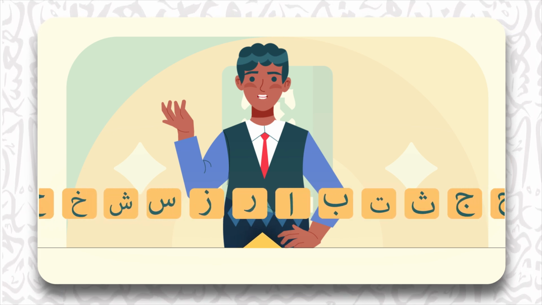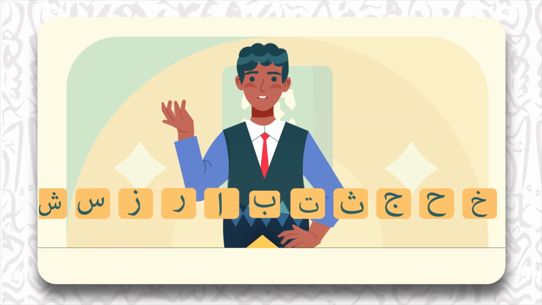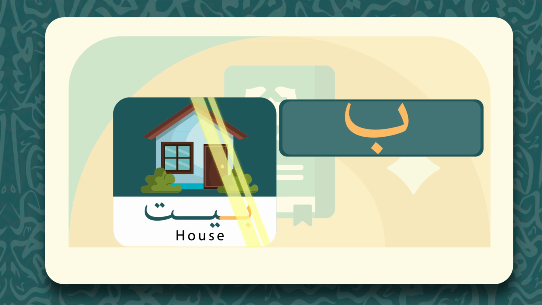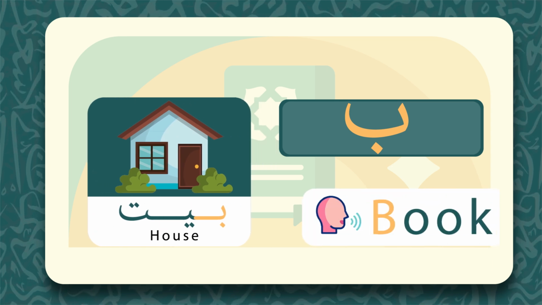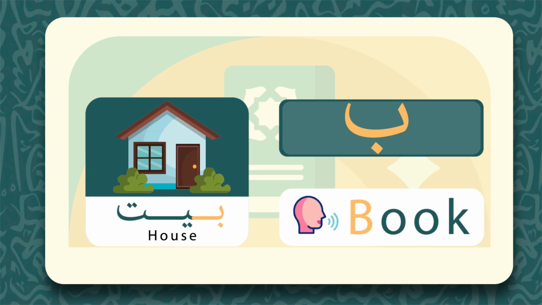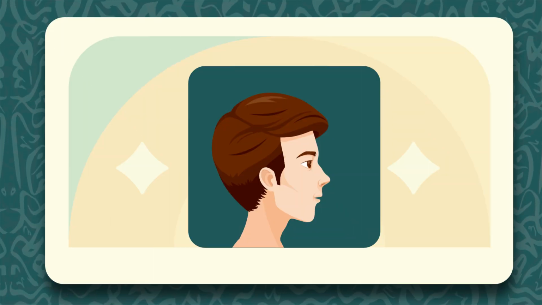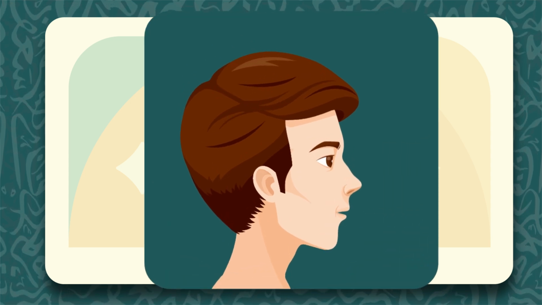Today's sound is ba, like in the Arabic word Bayt. It's similar to the English b in "book," but in Arabic it's always clear and without extra puff of air. To pronounce ba correctly,